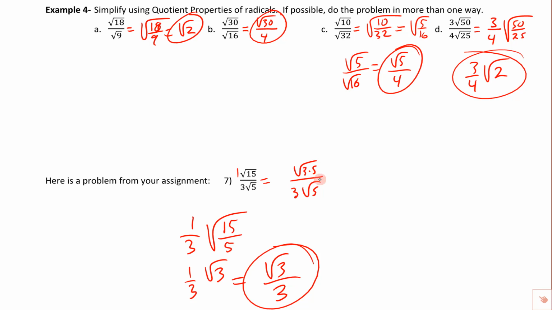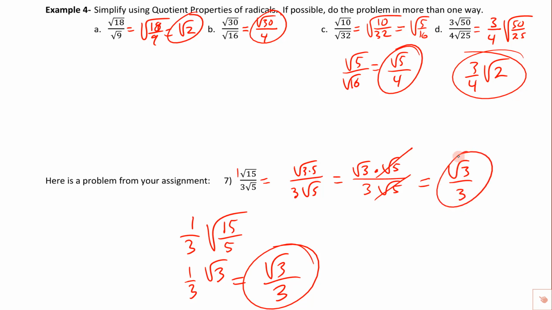If you were to do this, I want you to take a look at how we're kind of mixing these properties together, because this is a valuable technique. We have a radical 3 times a radical 5. Remember, that product property says that if we've got a little multiplication problem underneath, so we could say if we have a radical of a product, then we can change that into the product of the radicals. We've got 2 little radicals there, and then I've got a 3 and a radical 5. And notice that I've got a radical 5 here and a radical 5 there. So again, we end up with a radical 3 on the top and a 3 on the bottom,